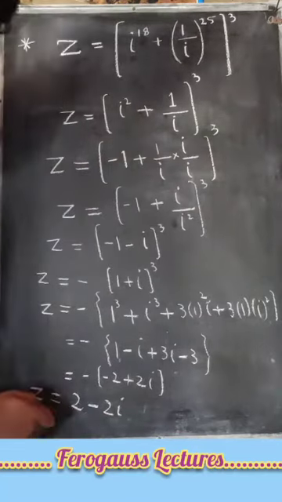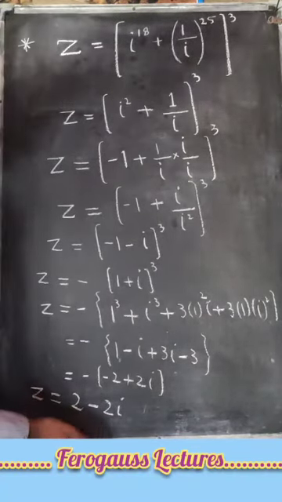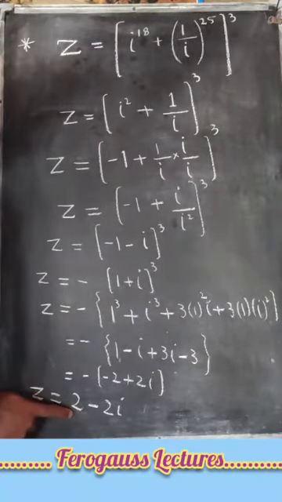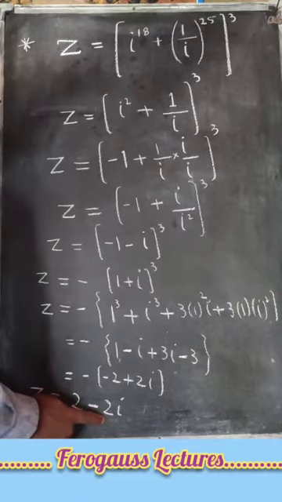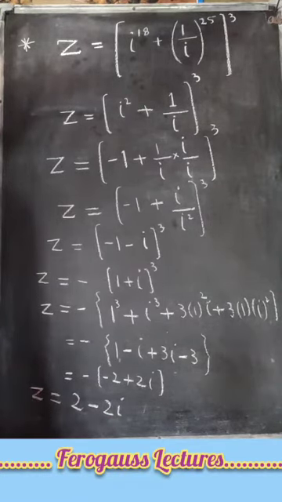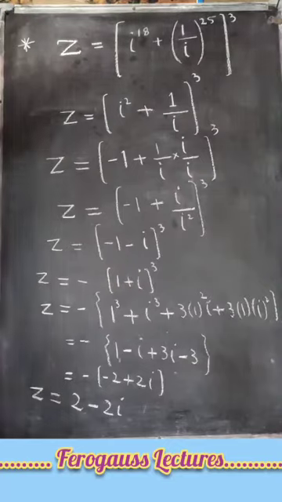Thus it is in the form of a plus b iota. Here a is equal to 2 and b is equal to minus 2. So this is the standard form of z. That completes the question. Now our next question is, for any two complex numbers z1 and z2, we have to